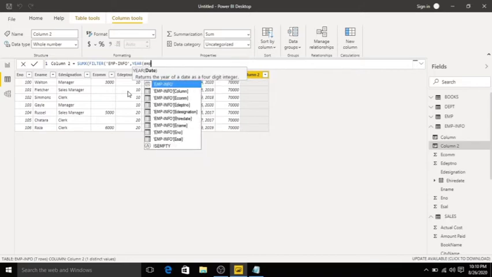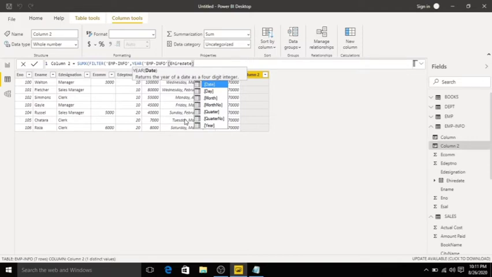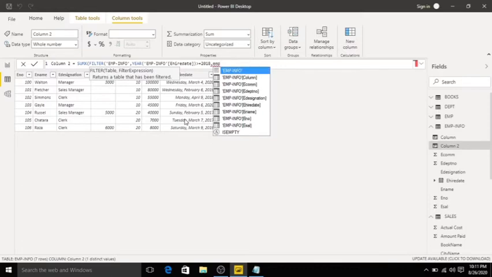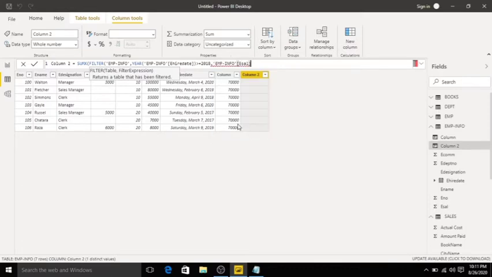I will provide Employee Info of E-date, greater than or equal to 2018, comma Employee Info of E-salary, click tab, click enter.